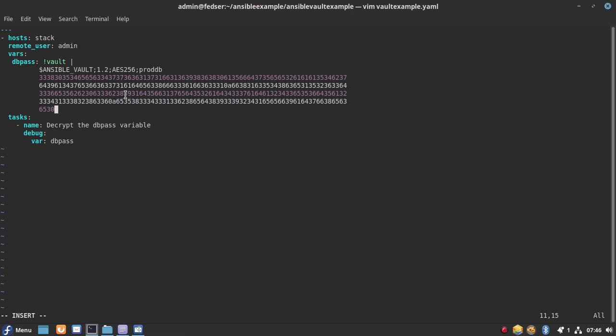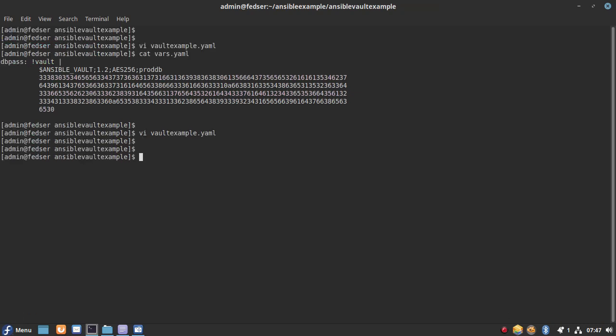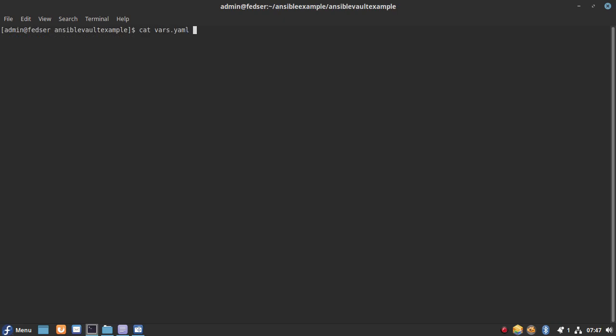It is up to you how you want to utilize it. It is always a good practice to put the encrypted contents in different files and reference them in the playbook rather than copy pasting the content directly into the playbook, because it will make your playbook clumsy and look complicated. Let me save this file and let's try to run the same playbook command which we ran previously.